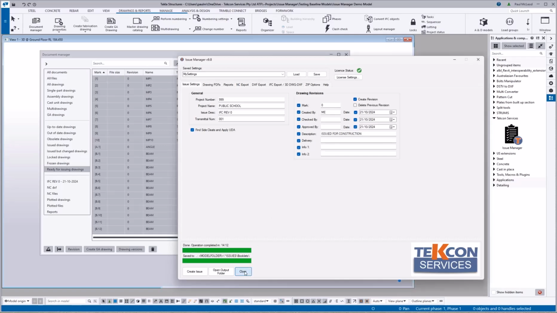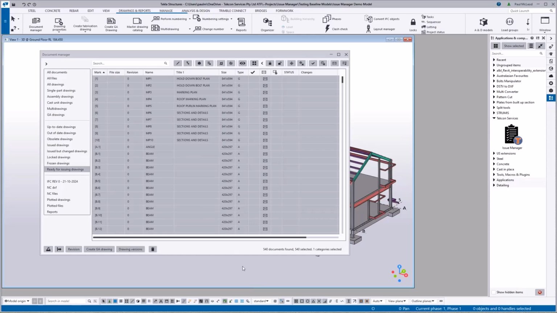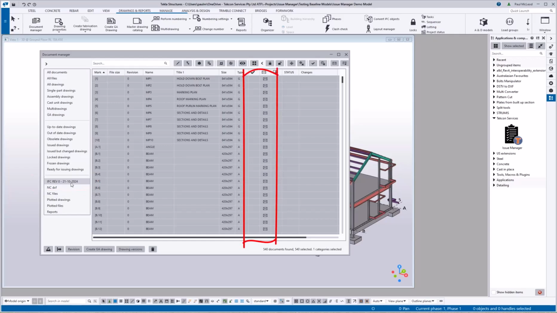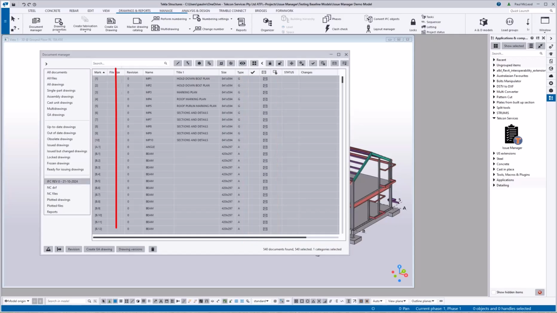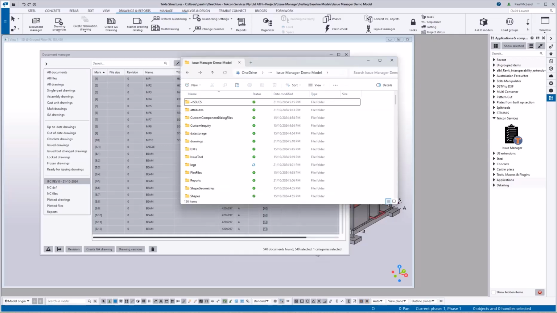Let's review what has been created. First, in the Document Manager, a custom category has been created for the issue, and all drawings have been flagged as issued, and the Ready for Issue flag has been removed. All drawings have a revision added. If we open the package, we have